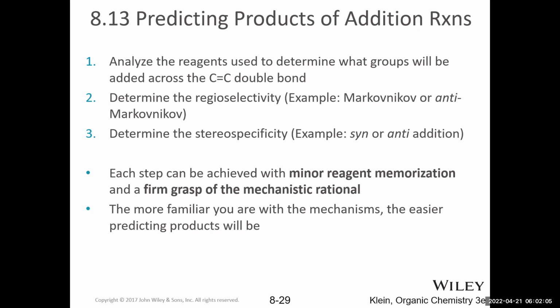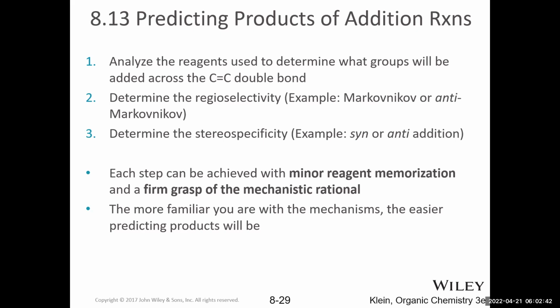And then stereospecificity. Some reactions are labeled syn-selective or anti-selective. We haven't seen any anti-selective reactions yet, but we will in the next class. However, it's important to note if certain reactions are syn or anti-selective, because that comes into play when two stereocenters are formed, and we want to make sure that we're drawing the correct selectivity. If only one stereocenter is being formed, then it's always a racemic mixture, no matter which reaction you're discussing in this chapter.